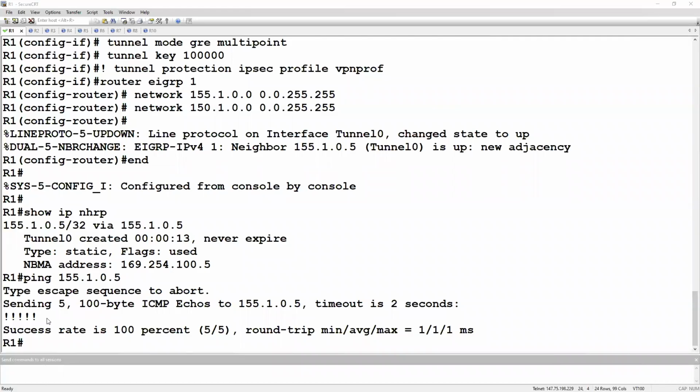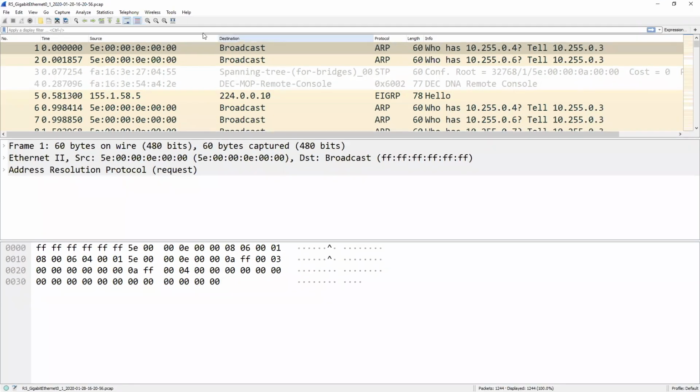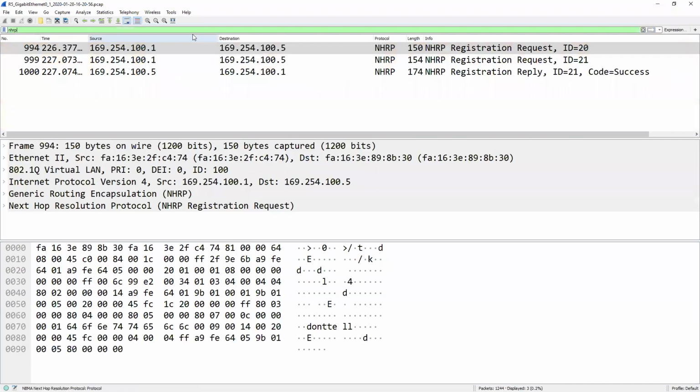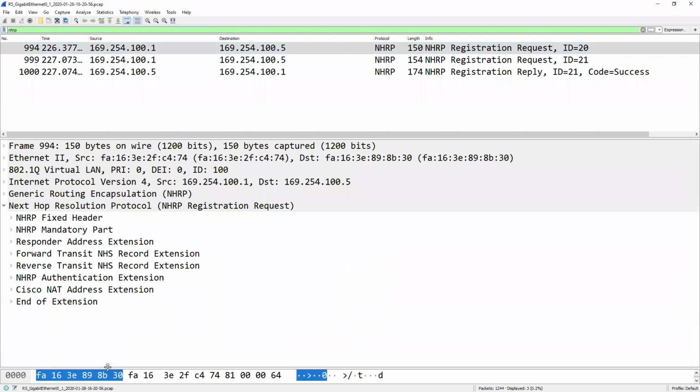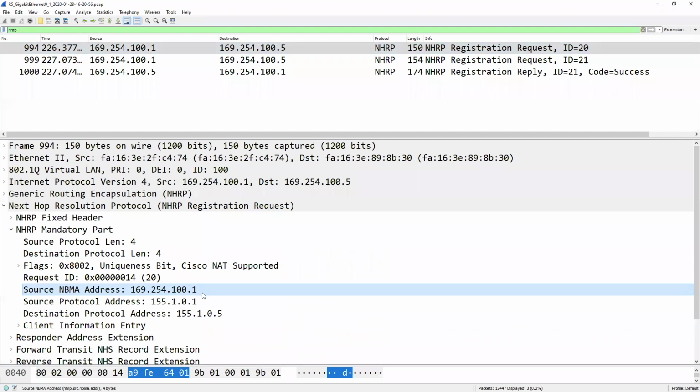Let's go ahead and look at our packet capture. First, we're going to look for NHRP. We see the NHRP registration request that's coming from 169.254.100.1 going to 169.254.100.5. Inside this mandatory part of NHRP, we have a mapping between the source NBMA address and the